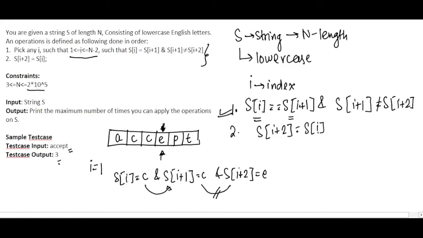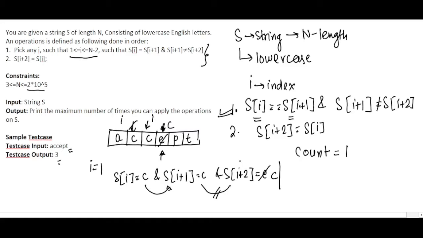So we have to put s of i plus 2 equal to s of i, and when we put this, this becomes c, and that is, this particular one becomes c. Now i is pointing to this point, and now i becomes this. So our count, as we have already done both of these operations, becomes 1, because one time we already did this